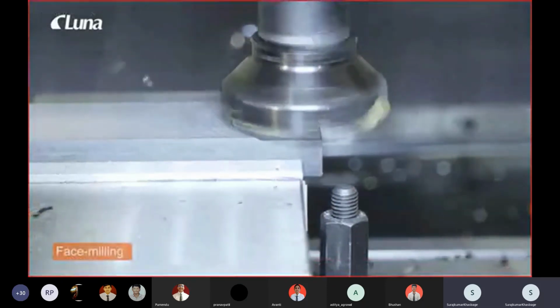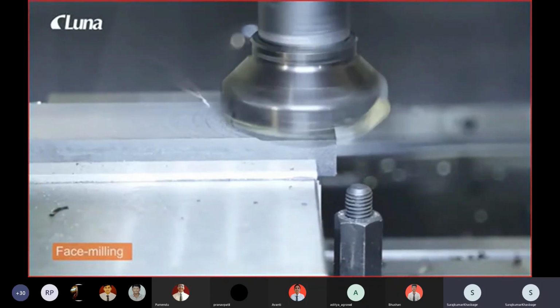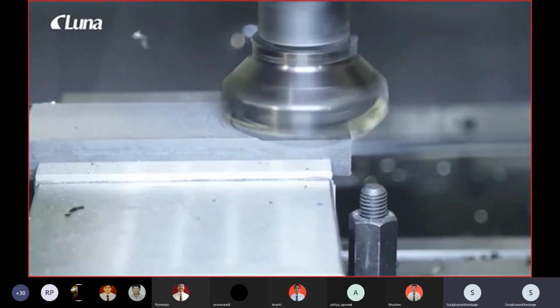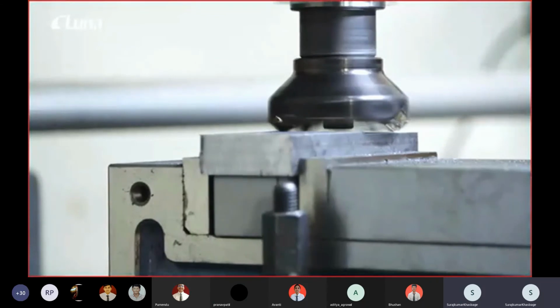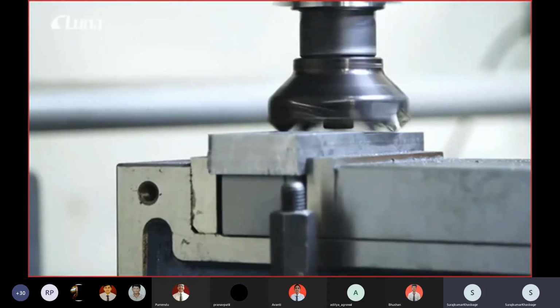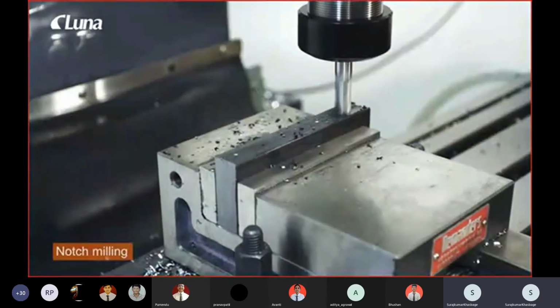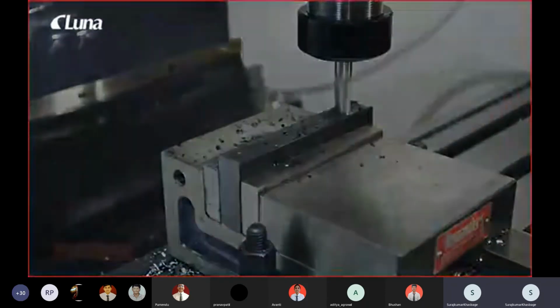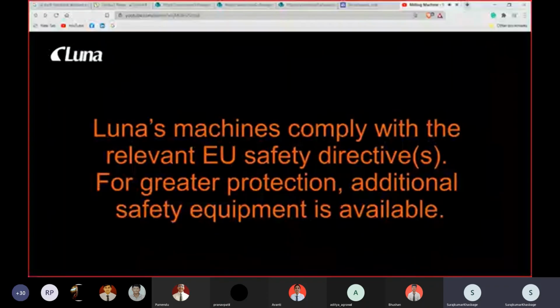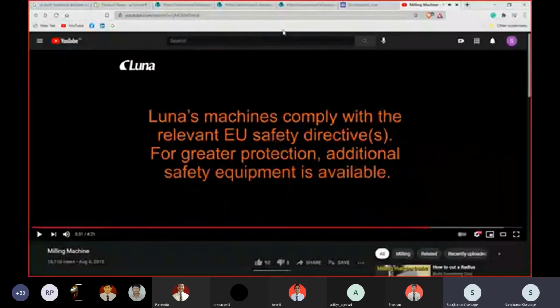You can see here the flat surface is made with the help of the milling cutter. Milling is a multi-tool cutting operation, similar to drilling. I think you get the idea of what a milling machine is.